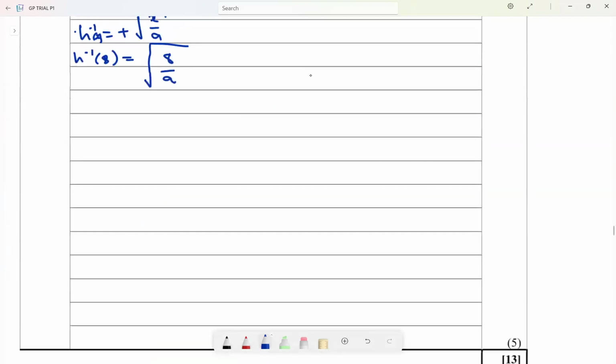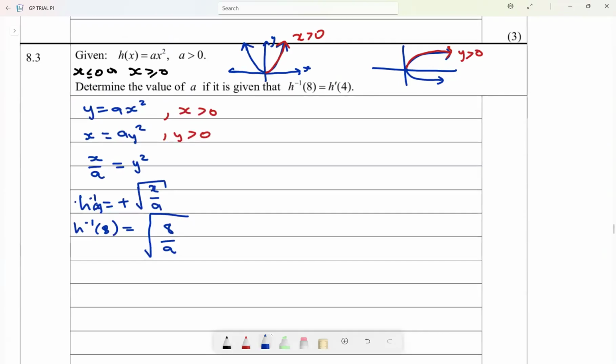And then now let's output h prime of 4. First things first, the derivative. The derivative is 2ax. Using derivative rules, the power rule, multiply by 2, it is 2ax, and then the exponent minus 1. And now that I know the derivative, I can say that at 4, the derivative at 4 is